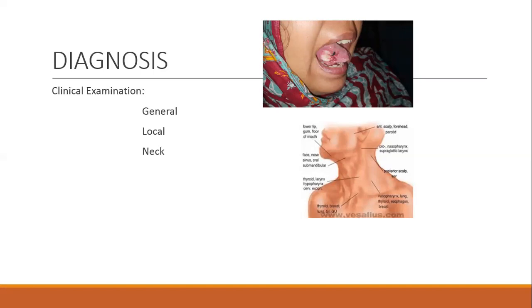systematically, examine from one side. First ask the patient to open the mouth, and then ask them to protrude the tongue. If they are unable to protrude the tongue, then it means that the tongue is fixed. So there is a great possibility that the patient may have a tumor involving the tongue or the floor of the mouth. That is why they are unable to protrude the tongue. So this you are doing inspection. Then you inspect the cheek, both cheeks, floor of the mouth, palate.